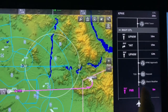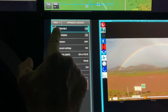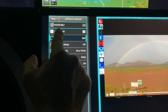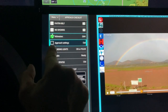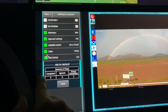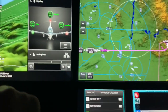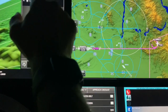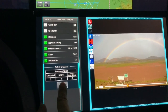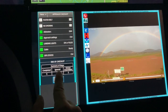So they use essentially preset different screens like radios, your display management, and checklist, et cetera. And you basically leave that in place. And even in moderate turbulence, the all touch environment works pretty well. But for the higher end cockpits, we will have a low cost and effective, simple cursor control device. And basically anything that you are able to do via touch in the cockpit,